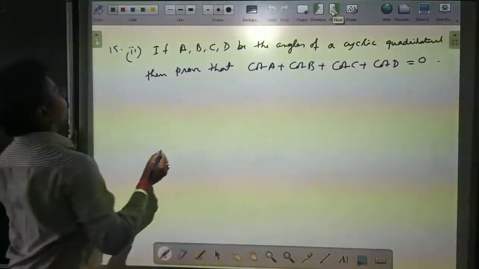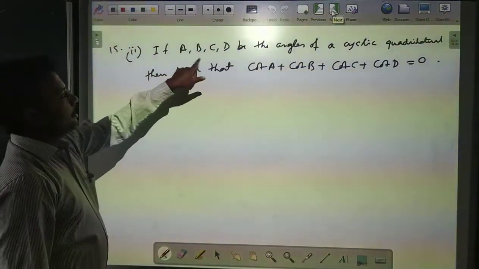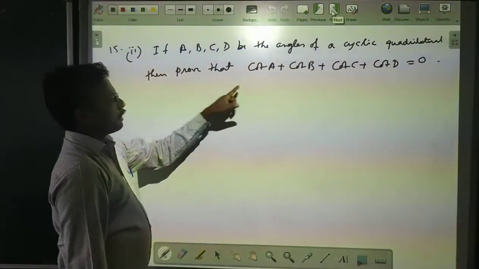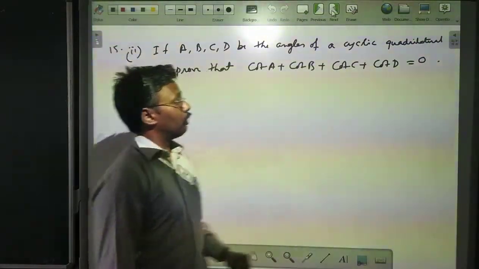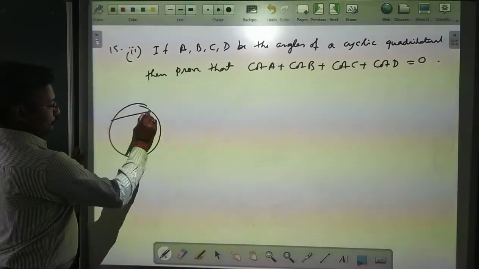Next, question number 15, part 2. If A, B, C, D are the angles of a cyclic quadrilateral, then prove that cot A plus cot B plus cot C plus cot D is equal to 0. Now, in a cyclic quadrilateral, you know,